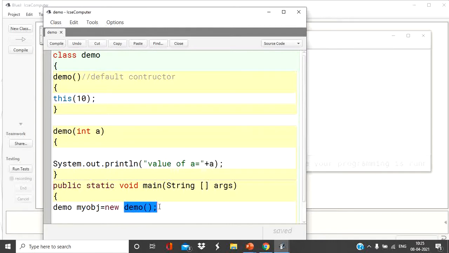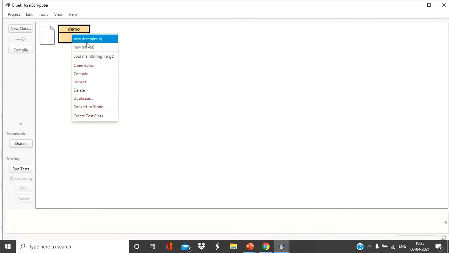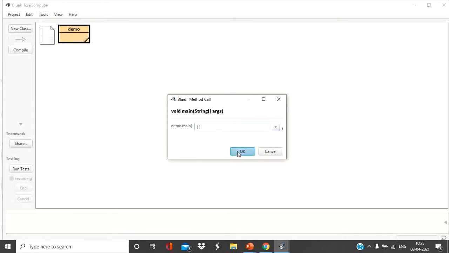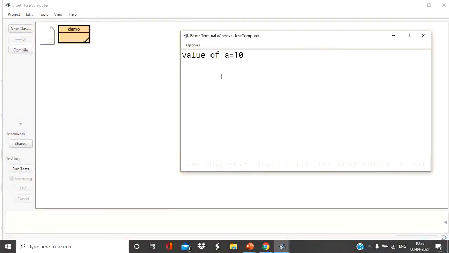You can see this is the default constructor. Inside the default constructor we have passed the argument in the this keyword. See, compile, right click, void main. Okay. See the output: value of a is 10.